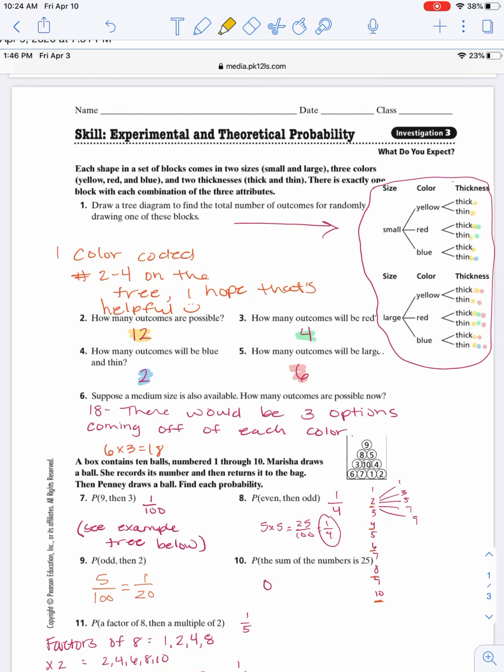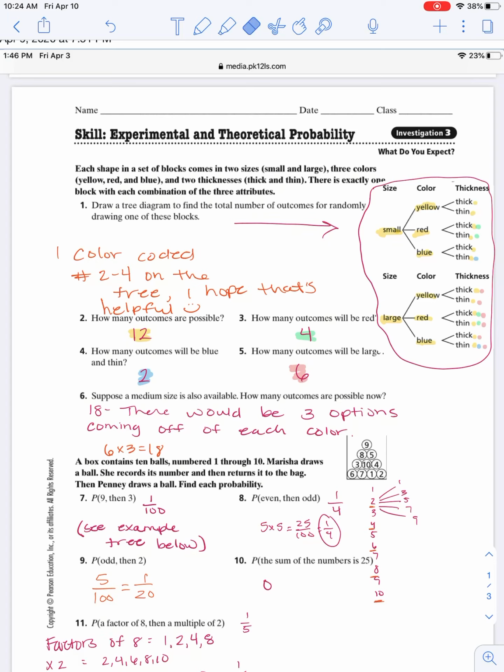So for the first one, draw a tree diagram for the total number of outcomes for randomly drawing one of these blocks, right? It says in the directions that there are small blocks, there are large blocks. So right off the bat, you've got those options. Then they come in 3 different colors, red, yellow, and blue. So for each type of block, small or large, you can have a yellow, red, or a blue. And then with each of those, they come in a thin, thick,